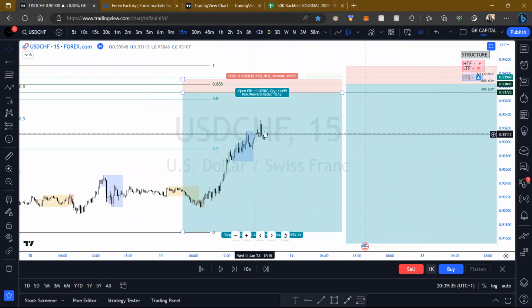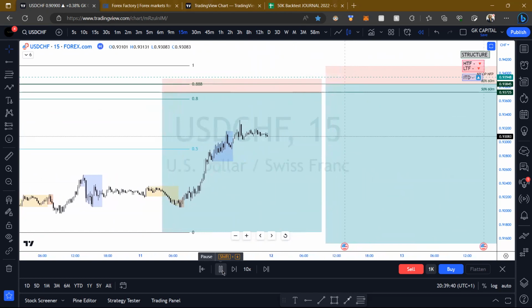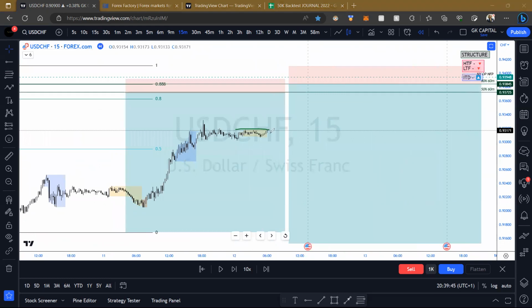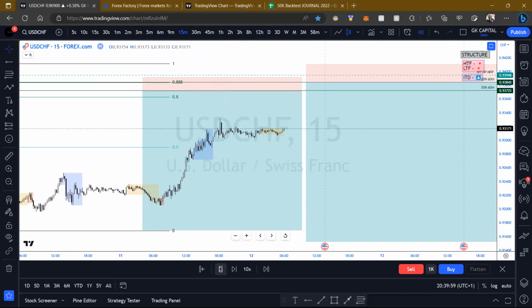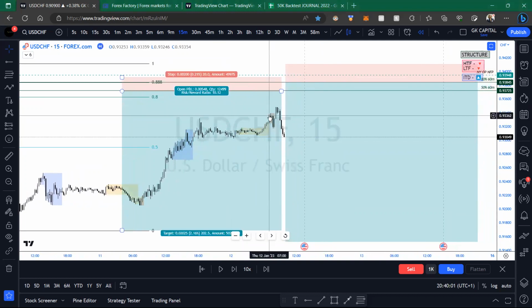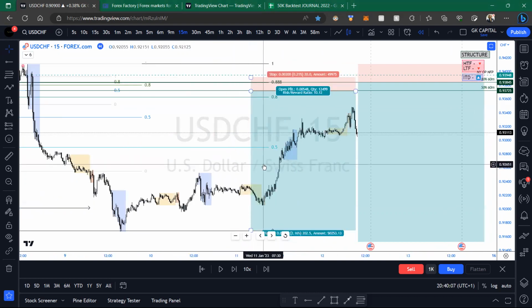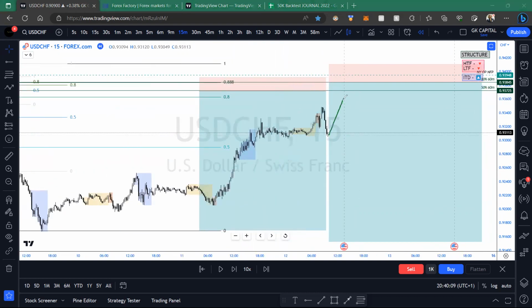So this is, as I said, for me, it's not screaming anything just yet. I will, however, see if we can get some sort of shakeout. This is Asian price action. So if we can get some sort of manipulation and then a break, maybe we could get something into here. But until we do that, nothing. We've got Frankfurt Open, and then we don't have New York just yet. So I would still be waiting for New York, see if New York gives us that one last tap, and then the break that we will need.